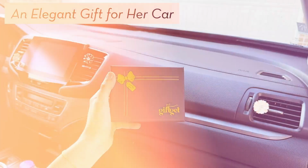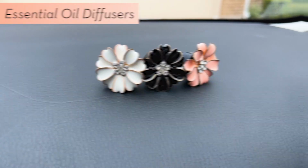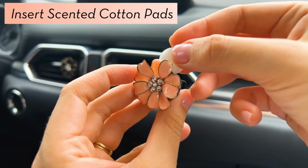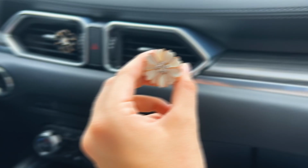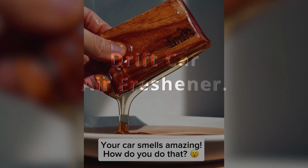But here's the downside. Your car vents control everything. If your AC isn't running, scent performance drops fast, and reapplying oils regularly can become annoying. Great customization, less convenience. At number 3, we have the Drift Car Air Freshener, and this is where things start